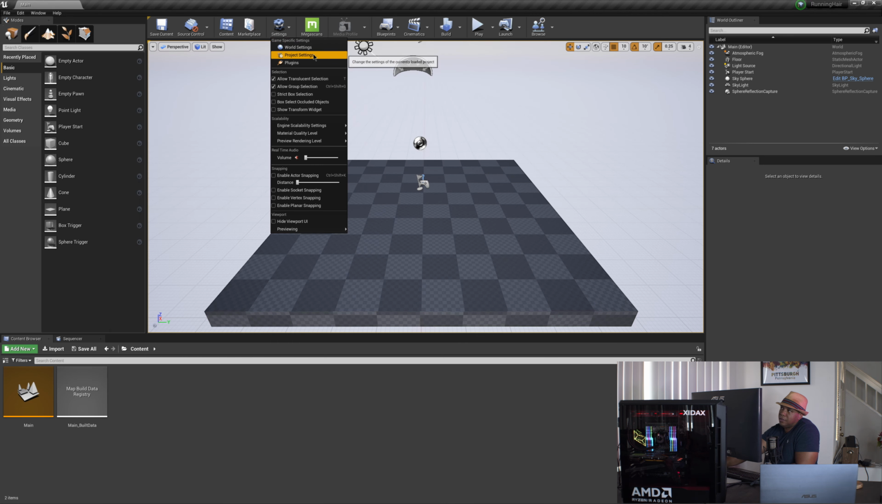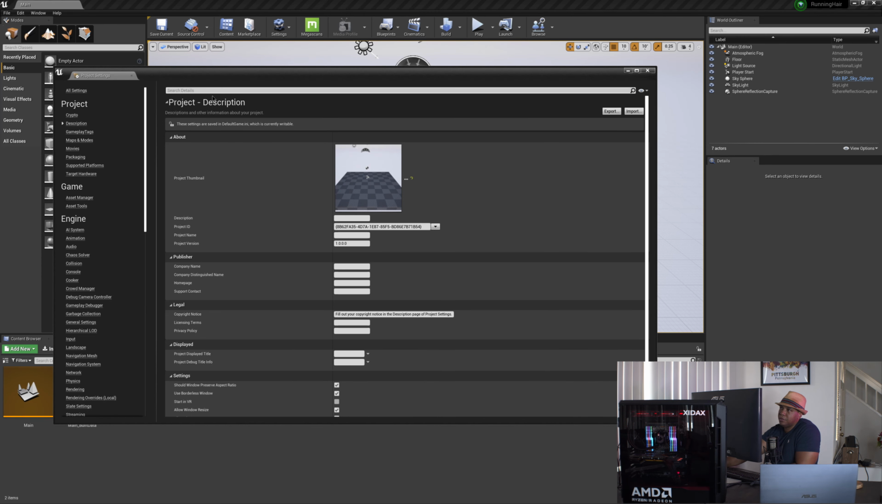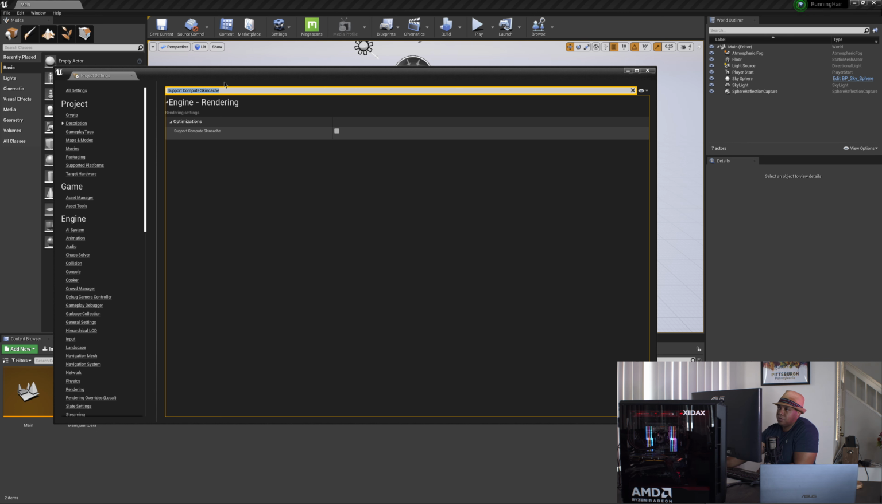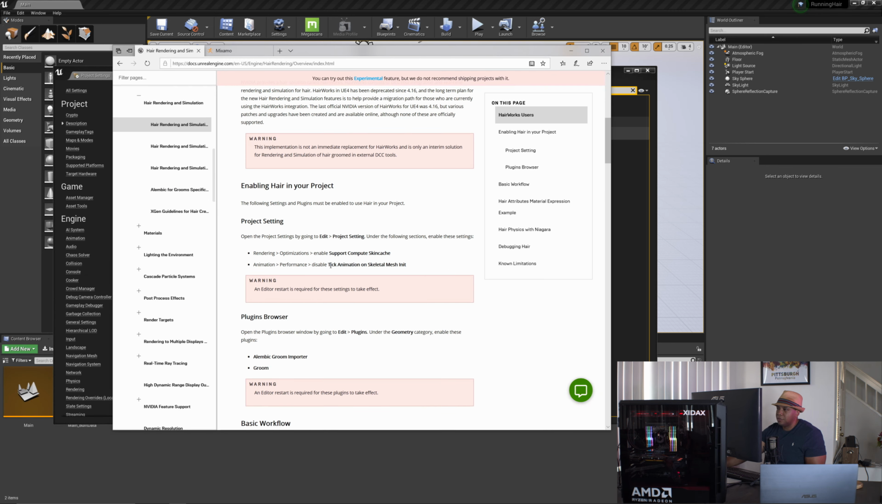So I come up to settings, come down to project settings, and then up here in the search bar, this is one of the cool things about Unreal. You can just search for what you want. And so right here under engine rendering, it says optimization, support compute skin cache. And so I want to enable that. And then down here in the lower right hand corner, you notice it's going to say we need to restart, but don't restart yet. There's one more thing that we have to disable, which is again in this documentation